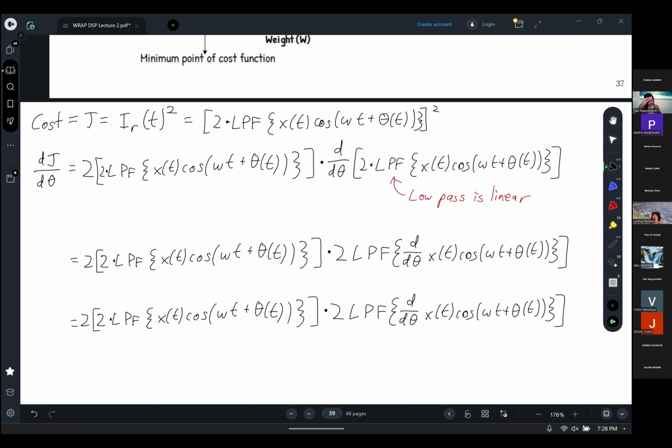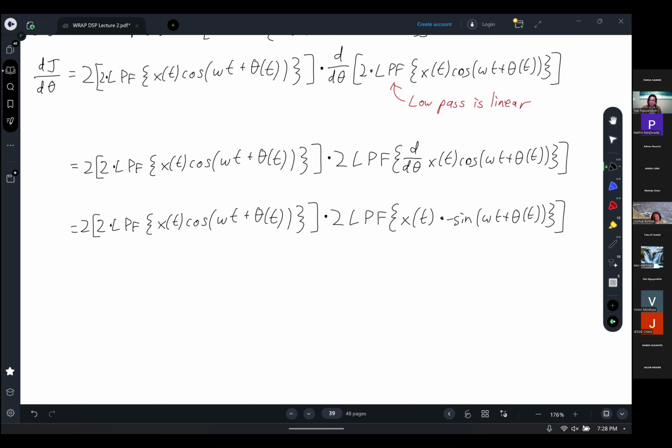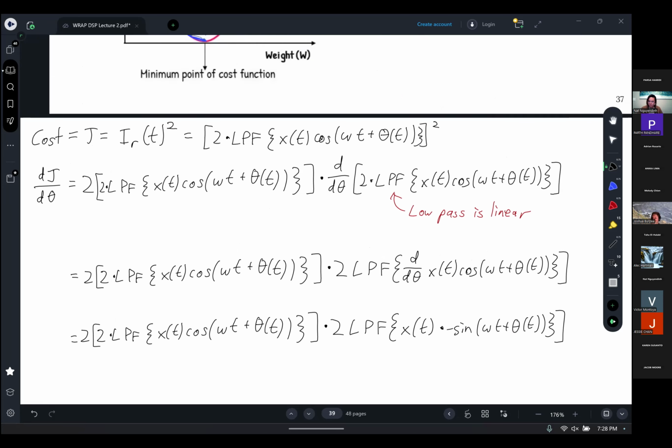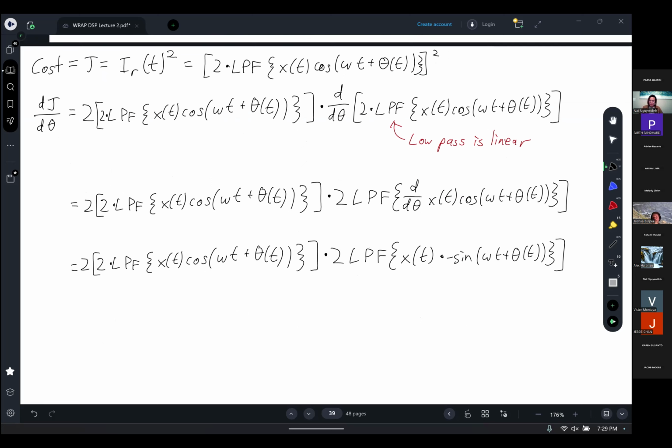So this is just going to be, if I replace this, x of t multiplied by a negative sign, because that's the derivative of a cosine. We get a negative sign. Now my question to you guys is